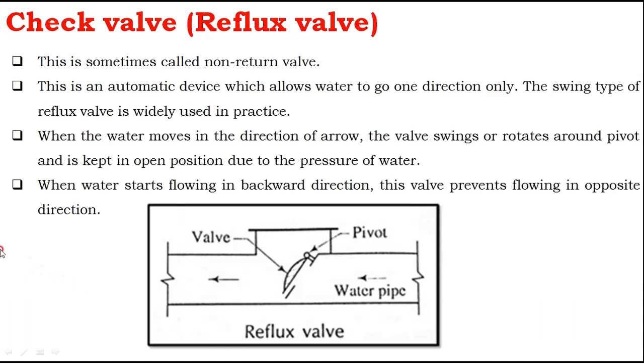If by chance any water is coming like this, then that water hits this in the other direction and it will come and strike this bottom and it stops. If you have a branch like this, and this branch is opened, then water will come like this and go like this. It won't go in the other direction, the coming direction. This is done by a check valve. You can pause the video and read this one.